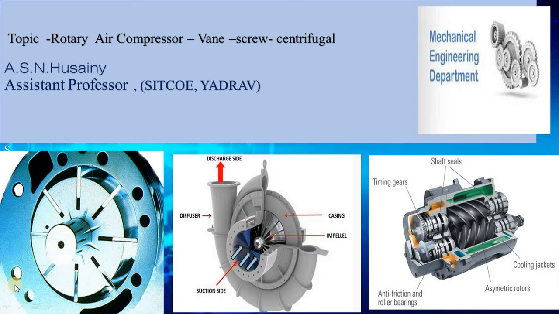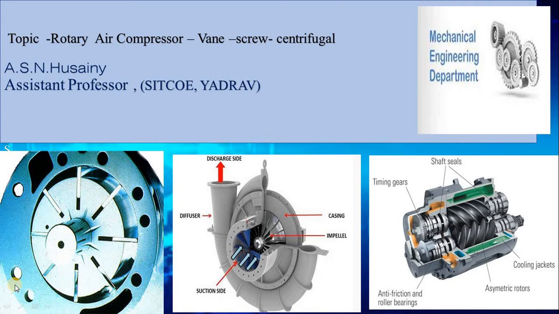So students, in the last video we discussed the construction and working of the single stage reciprocating air compressor as well as the two stage reciprocating air compressor along with their PV diagram. Also we discussed some important formulae related to the efficiencies of the compressors, along with the classification of the compressors and applications of compressed air in a variety of applications. Now we will discuss the rotary air compressor.